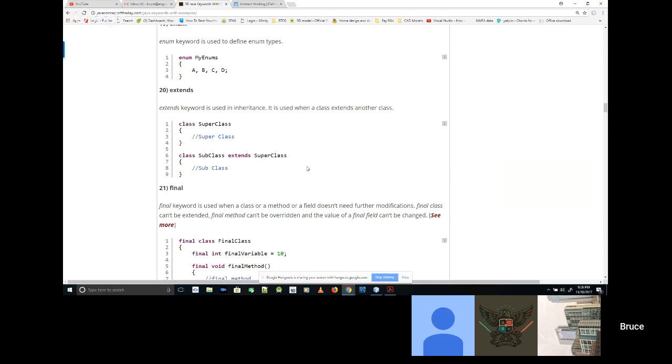So if you want to make a class called handgun, for example, a 9mm Smith & Wesson extends gun, then basically you're saying that my 9mm Smith & Wesson carries all the characteristics of this gun definition. You guys get that?